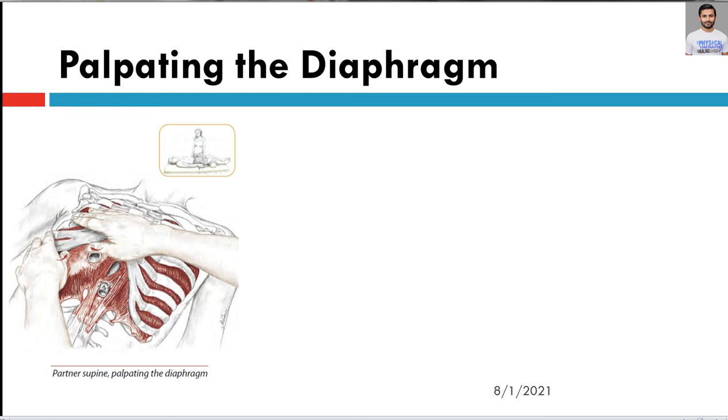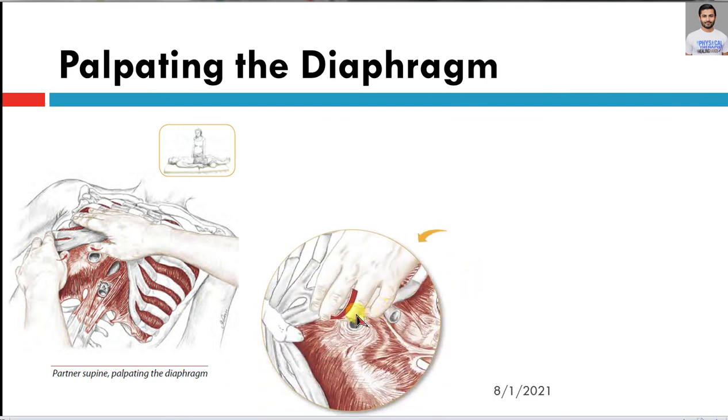With every exhalation you keep pressing more and more, but this is not a vertical pressure, it is rather an oblique pressure, and you just want to slide your thumbs underneath these costal margins. Here you can see, you're not pressing towards the liver, rather you are pressing on the superior part of the liver, or just superior to the liver.